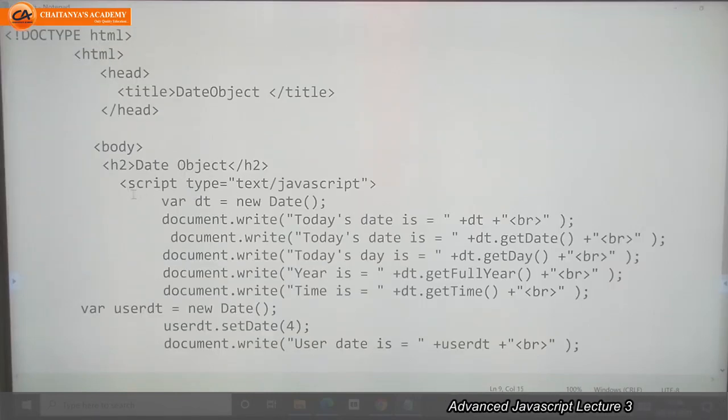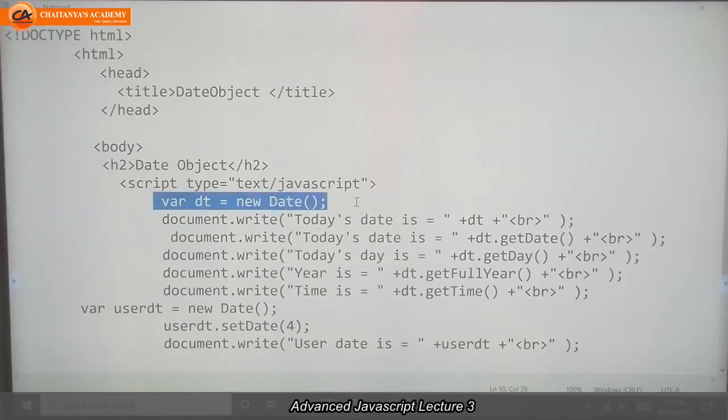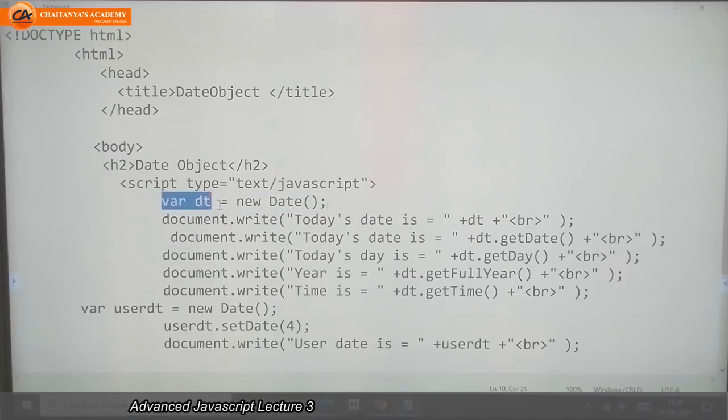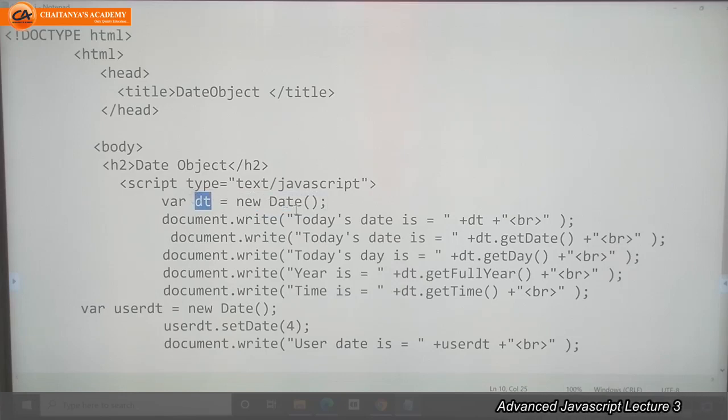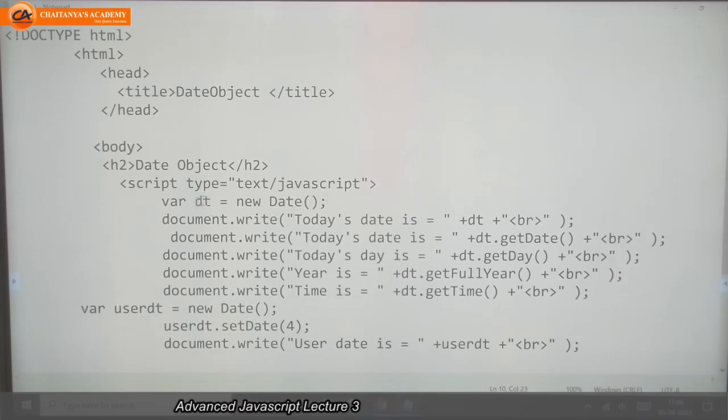If we want to display today's date, then we need to take one variable and we have to assign this variable to the date object. That means here we create dt as a new instance of this date object. So now this dt is having today's date, today's time, today's month, today's year.